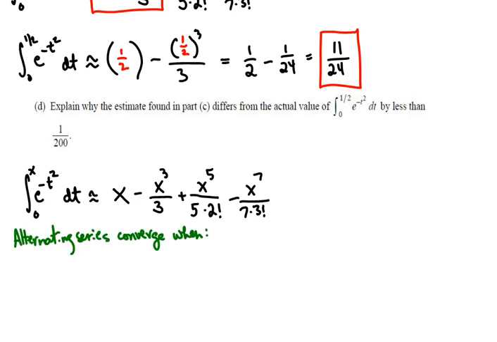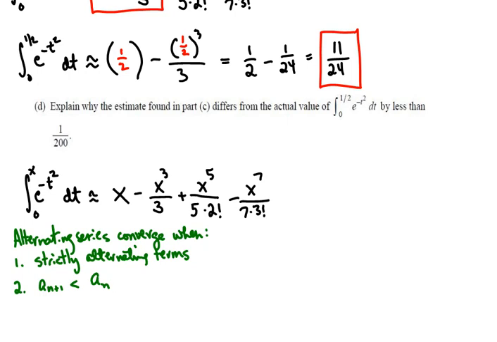And we know that an alternating series converges when, first, you have strictly alternating terms, which we do have above. Second, when the terms are getting smaller. And so when we use, again, x is equal to 1/2, we can see that the terms are definitely getting